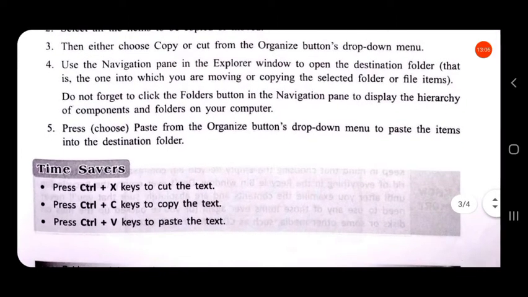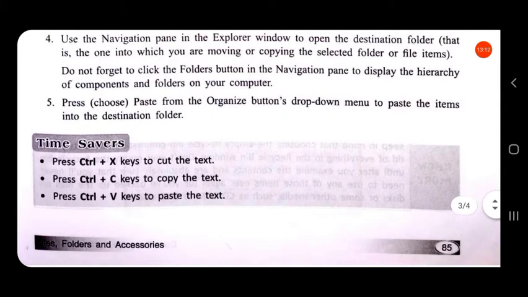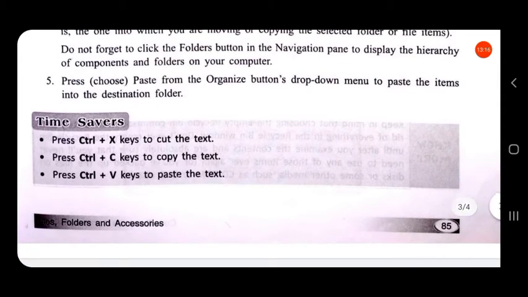Do not forget to click the Folders button in the navigation pane to display the hierarchy of components and folders on your computer. Then after copying or cutting, press paste from the Organize button. To get the Organize button, you just have to right click on the mouse.